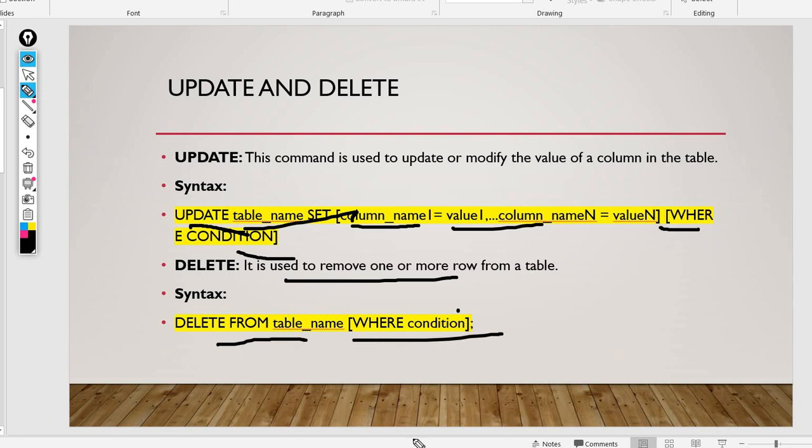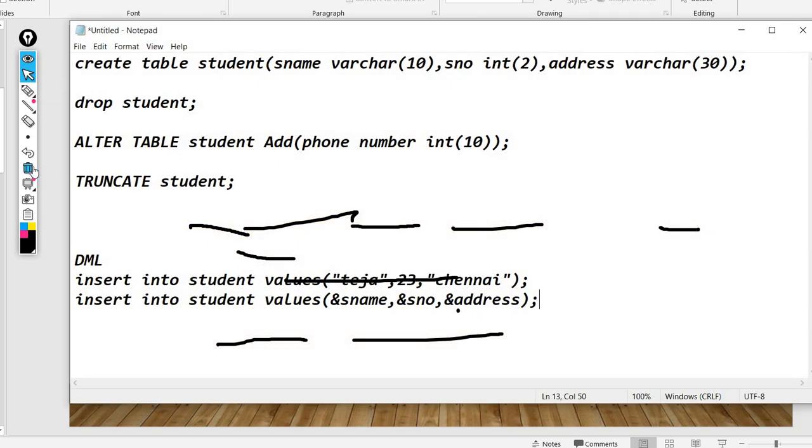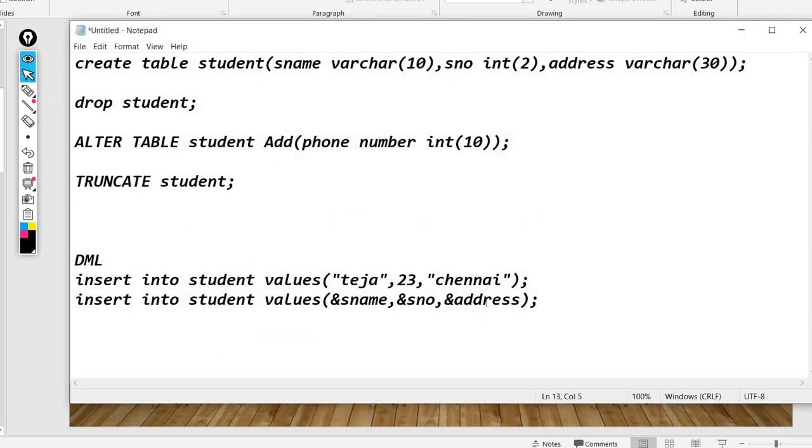So I'm writing it here: delete from student where s number equal to 23.